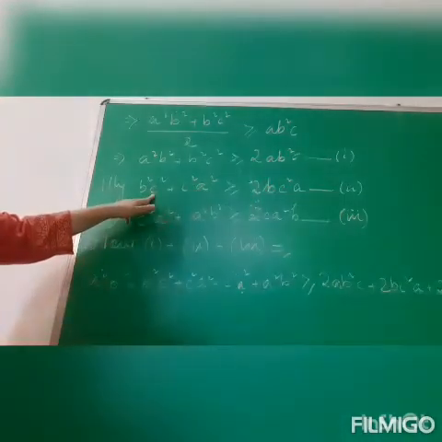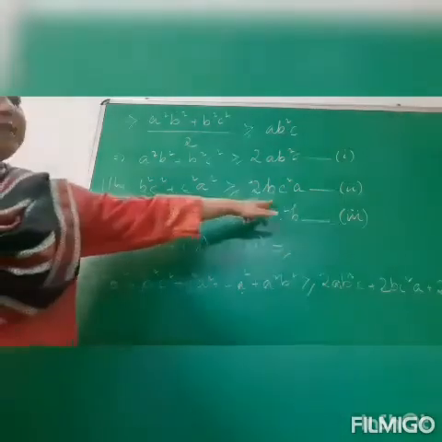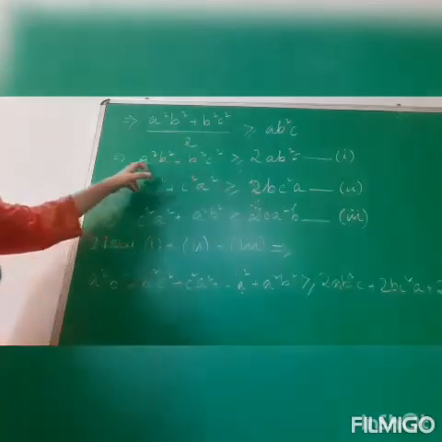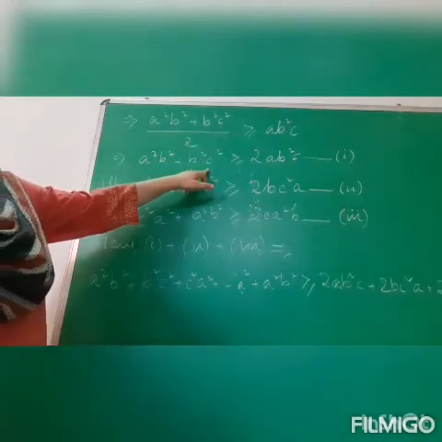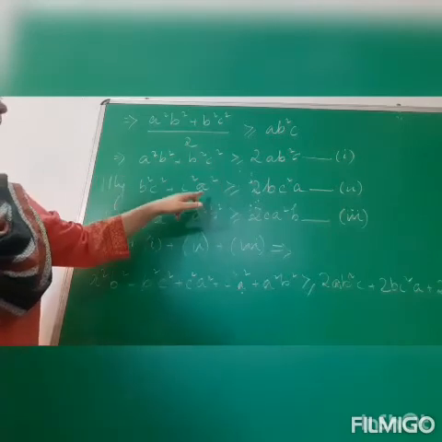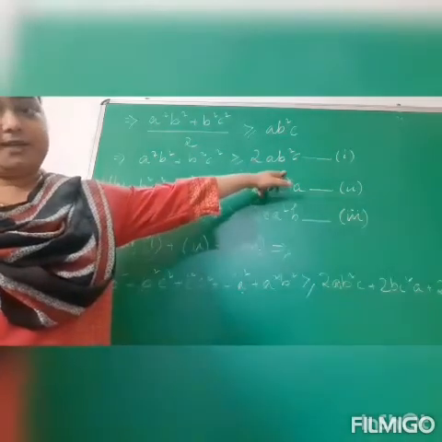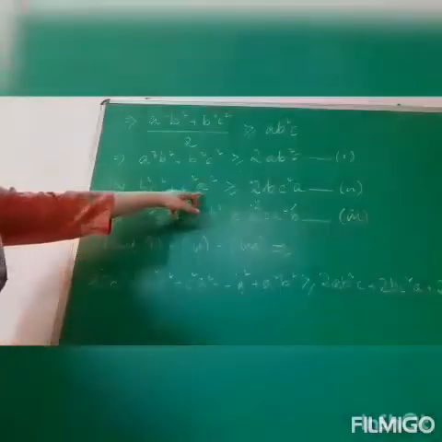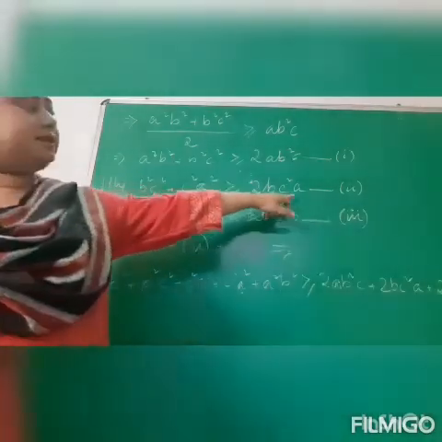So here there is c square, there is c square here. So I've written here c square. Again, in the last, here b square, c square, this last variable is c square here. So I've written here c in the first equation. Similarly, see here, there is a square here, so I have written here a.